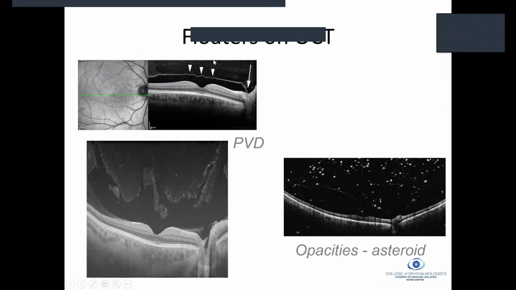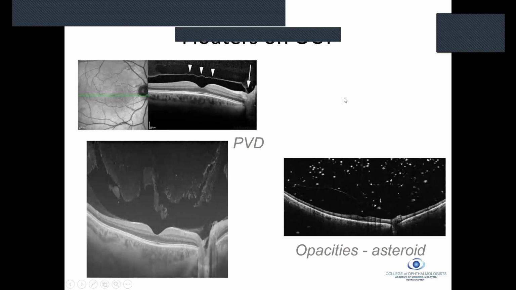But just looking at the vitreous interface can actually be very, very helpful because you can see things like PVD and vitreous syneresis shown here, and you can also take note of these opacities. Sometimes I like to look at this because it's very useful to show the patient that you've cleared their vitreous opacities, for example, through vitrectomy. Or if a patient has posterior uveitis with cells in the vitreous cavity, when we do treat them and they improve, then we can actually use this OCT image to help us determine the effectiveness of our treatment, especially at the posterior aspect.